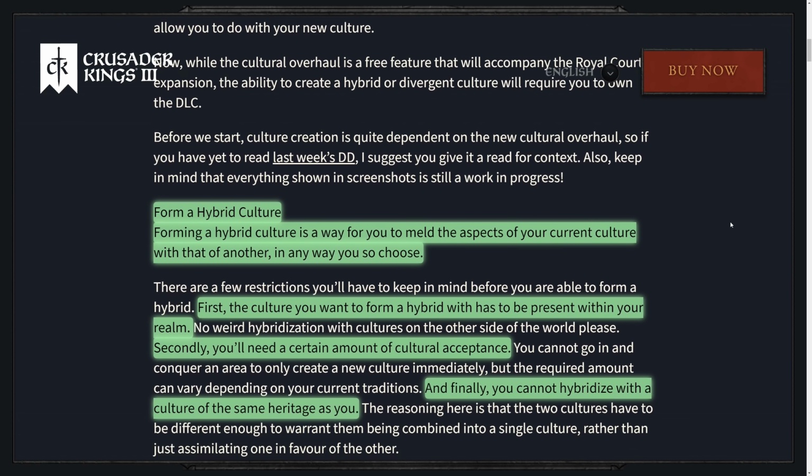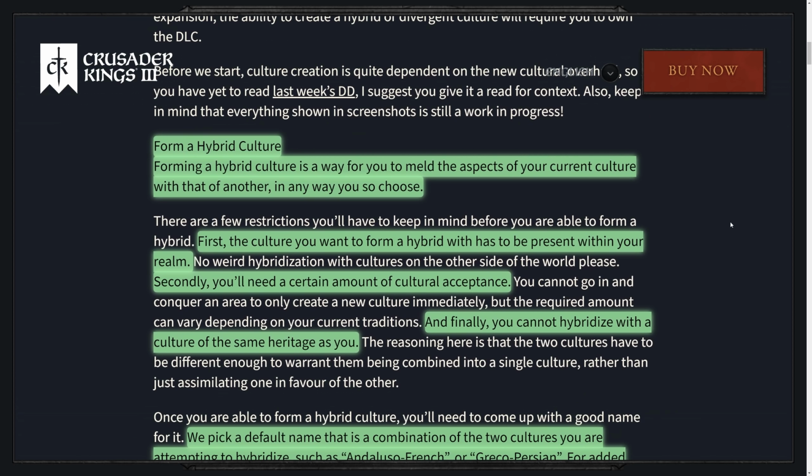and forming a hybrid culture is obviously going to be the first one. So forming a hybrid culture is a way for you to meld the aspects of your current culture with that of another in any way you so choose. So there are some restrictions on this, and there's 3 big ones. So let's look at those. So first, the culture you want to form a hybrid with has to be present within your realm. Secondly, you'll need a certain amount of cultural acceptance, and cultural acceptance was covered in